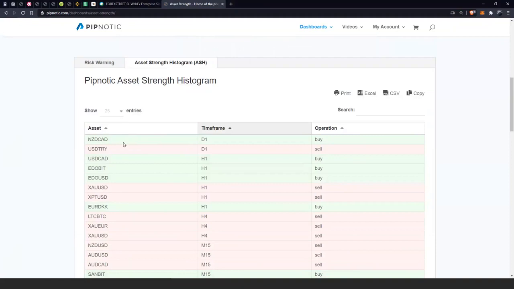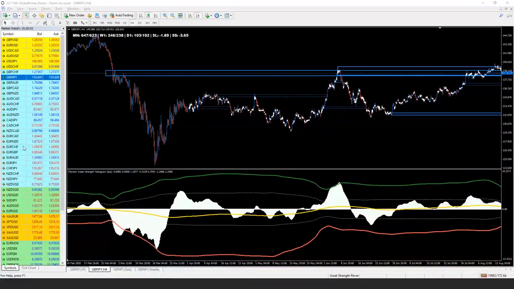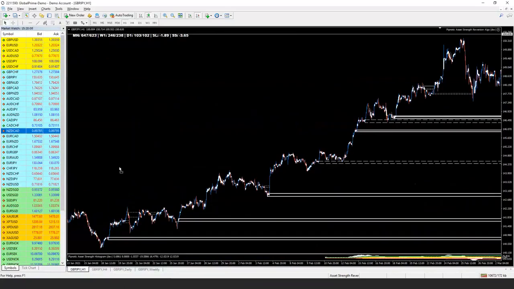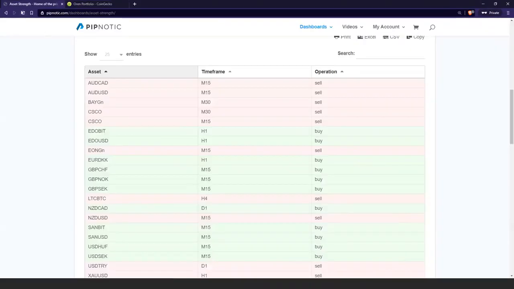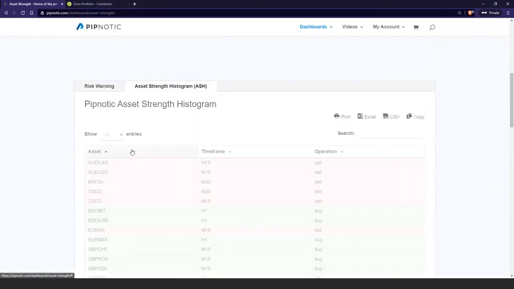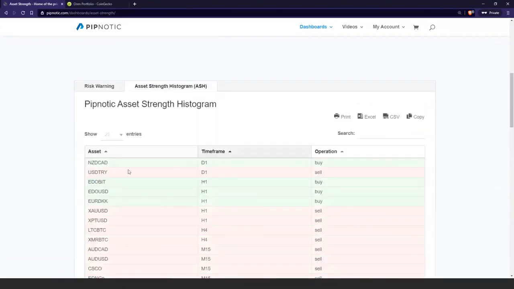So if I want to look at this one, I go to the Kiwi Canadian dollar. I'll move this box down here, Kiwi Canadian dollar, and I move that here. Let me reload this. So if we go here and look at the Kiwi Canadian dollar, we are looking at the daily. So this is daily asset strength reversion. And so I go to the daily chart